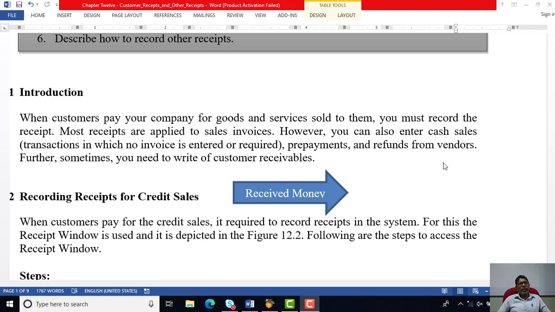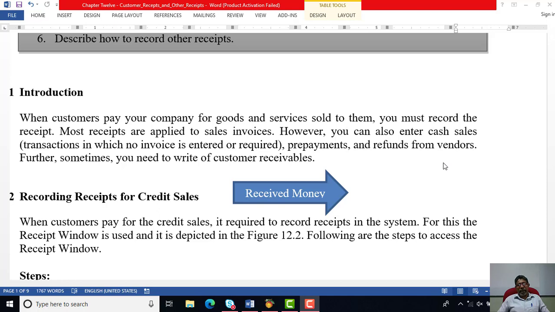One option to collect money from the customer is to collect money for the outstanding bills, that means the credit invoices. Once you issue the credit invoices to the customers, that money needs to be collected from the customer. So the main source of income is going to be the collection of money from the customers related to the outstanding bills. Other than that, the system allows you to do cash sales,